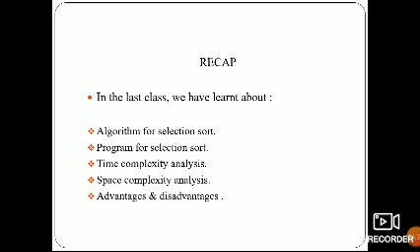Coming to the disadvantages, the main disadvantage of selection sort is poor performance when a huge list of items is given. If the list has more items, the performance will be lower. It takes a squared number of steps for sorting n elements, and n minus 1 passes have to be done. That is a very poor performance, so that's why we go to the next sort, that is insertion sort.